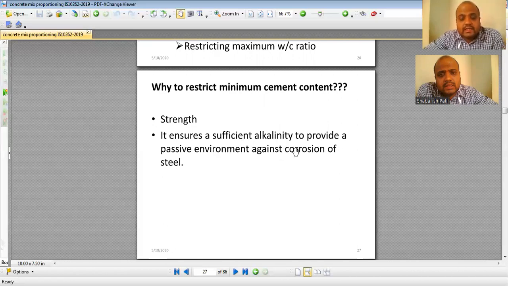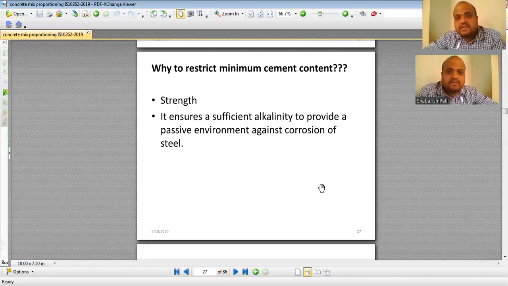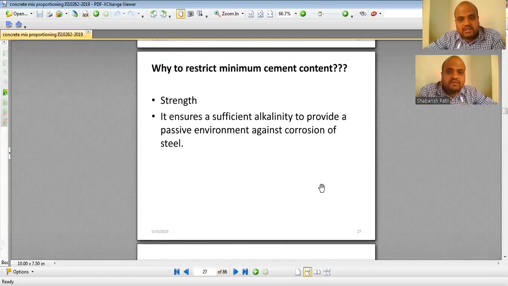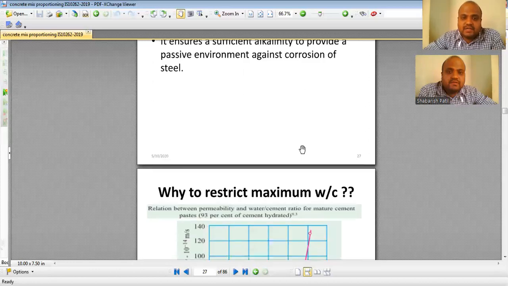Okay, and this alkalinity gives you a passive environment against corrosion. This alkalinity of the cement protects the steel. Otherwise steel is going to corrode in the concrete. That will make concrete less durable as far as reinforced concrete is concerned. So that's why, for these two reasons, there is a restriction on the minimum cement content.